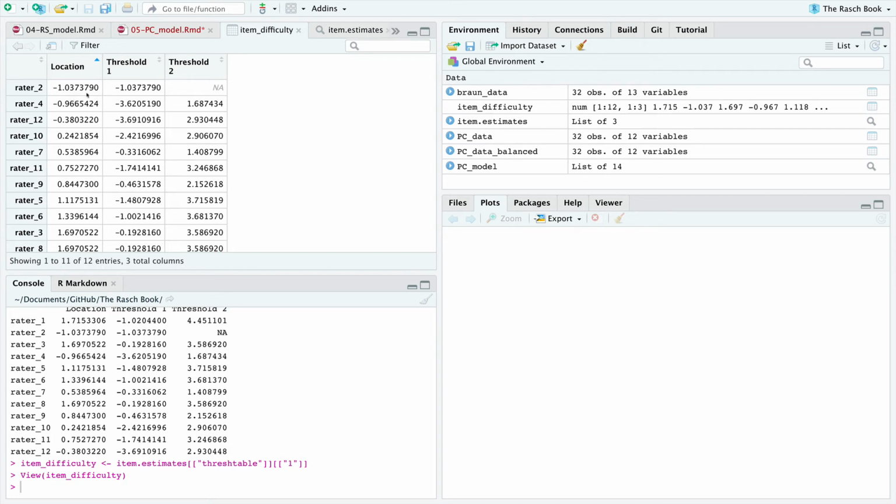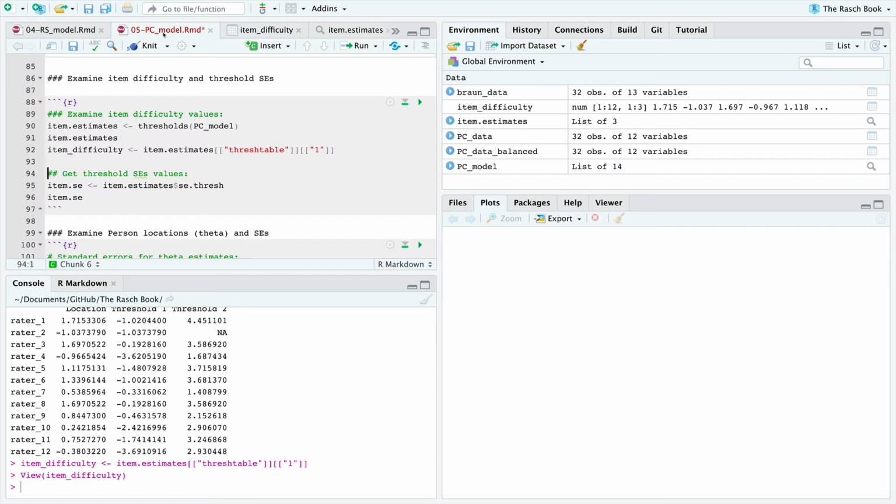So rater 2 is the most lenient rater, whereas rater 1 is the hardest one, the most severe rater, right? From this table, we can see the differences between these raters' rating severities, and then we can get the item estimates,